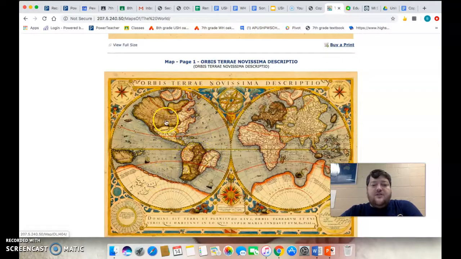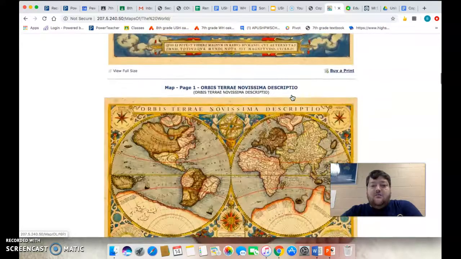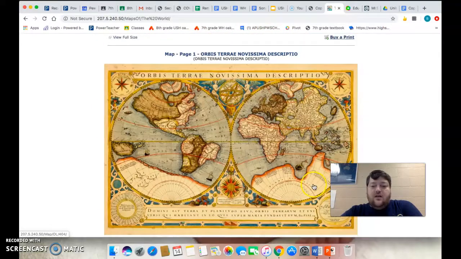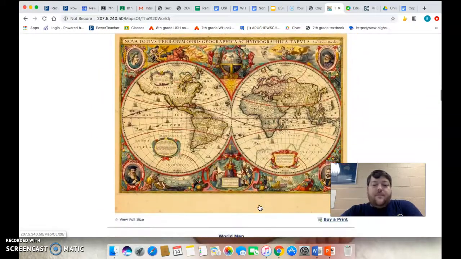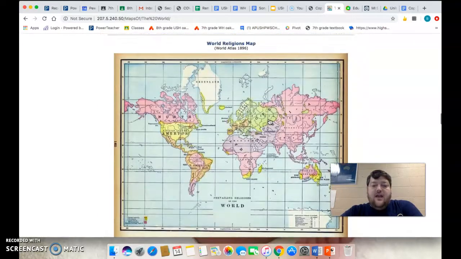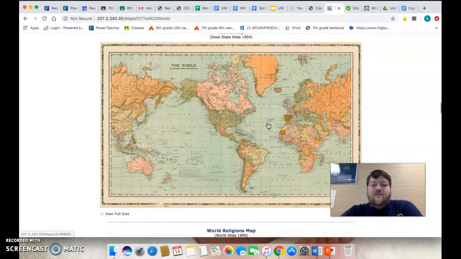Look how much closer South and North America are accurate. Okay, look how extremely accurate the Eastern Hemisphere is. They've even got an Antarctica on there. Okay, sorry, Antarctica's in the South. Antarctica. Okay, so we see, and now of course we get to modern day, and we have very, very accurate